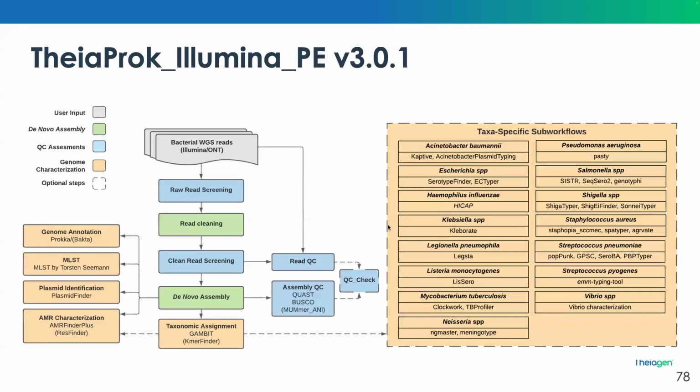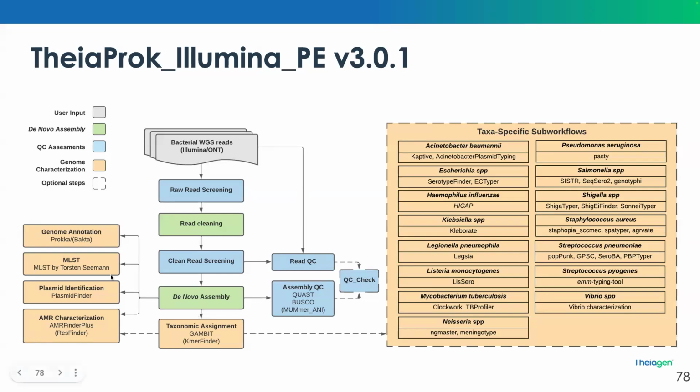Now the next step is to undertake this genomic characterization, which again is dependent on the pathogen. So remember that Gambit does the taxonomic identification, and then with regard to that, you have different characterization steps, which